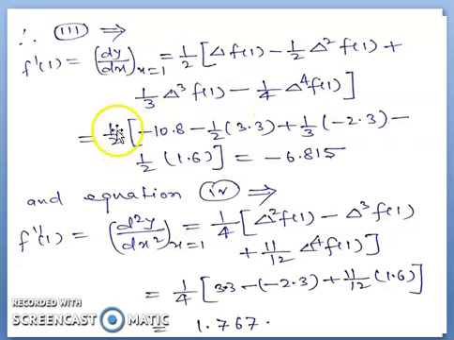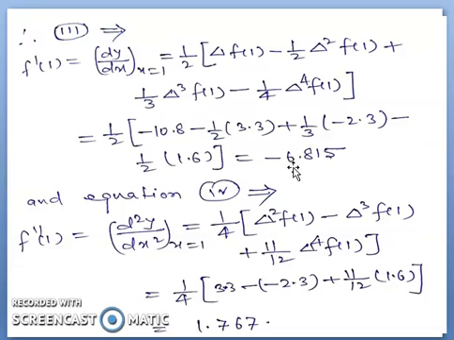The value of h is 2, so 1 by 2, and del f1, see in the table, is minus 10.8, and del square f1 is 3.3, and del cube f1 is minus 2.3, and del to the power 4 of f1 is 1.6. So after simplification we get the value of minus